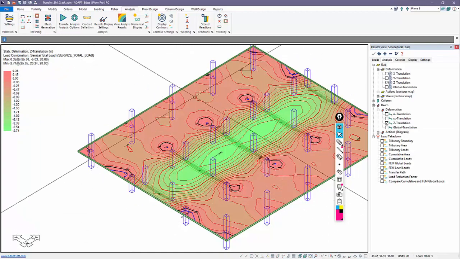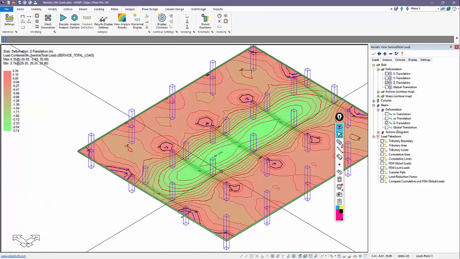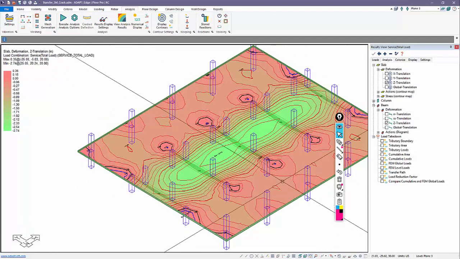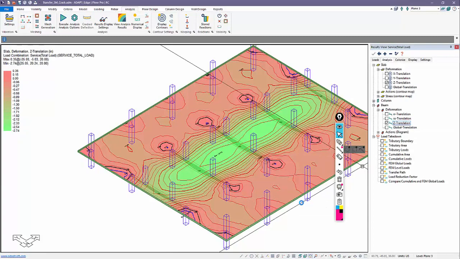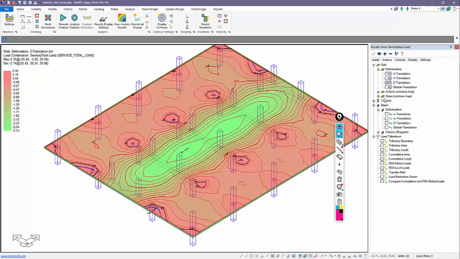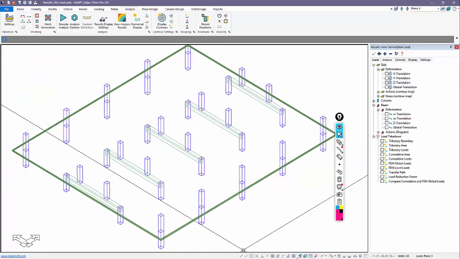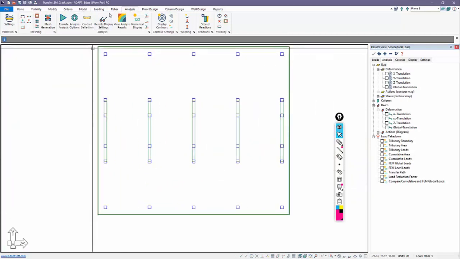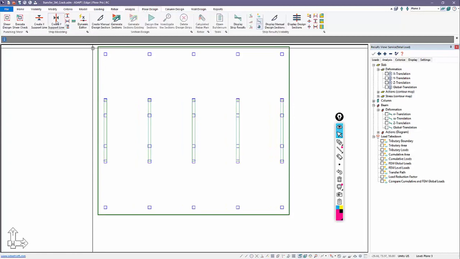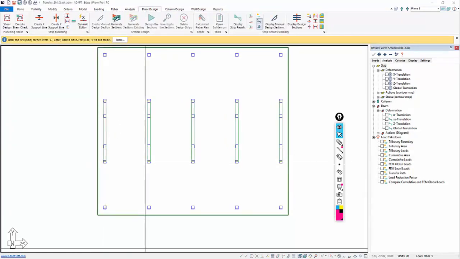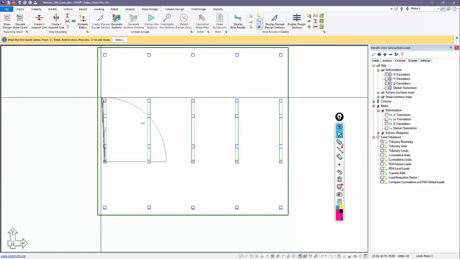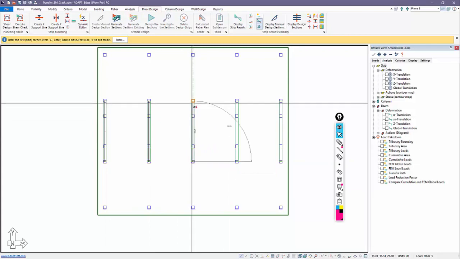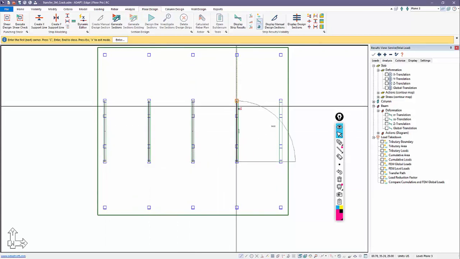And again, these results are based on tributary load takedown reactions in the columns on the transfer beams. We can also design the beams based on this particular run. So if I, for example, create a support line on these beams, let's do that. We'll go to Y direction support line. And I'm using, again, version 19 here. One nice thing about 19 is you don't have to use any splitters to obtain the proper